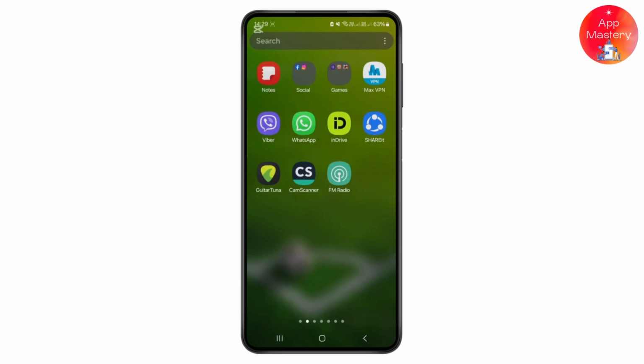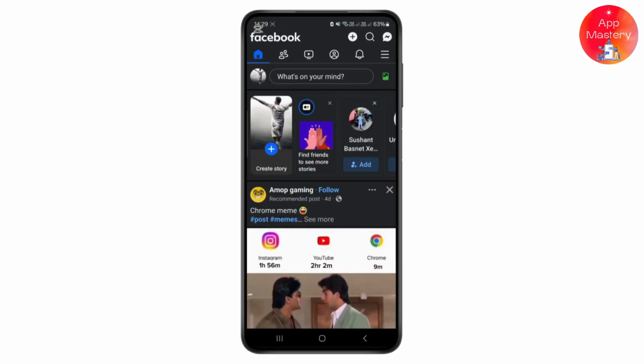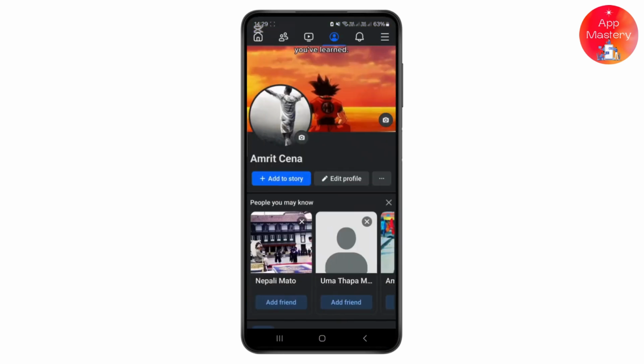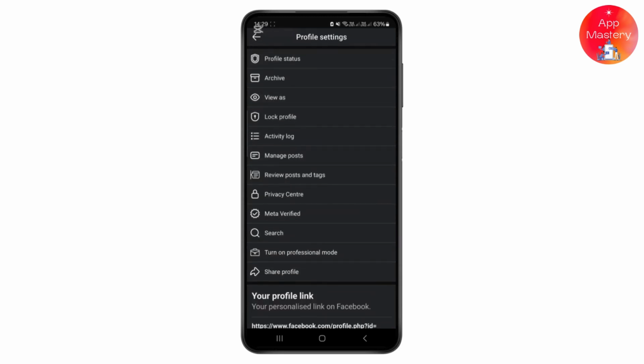In this video I'll be showing you how to fix that your turn on professional mode is not showing on your Facebook. So first thing first, simply head over to your Facebook application. If it's not showing on your Facebook page like this, as you can see it's showing for me, but if it's not showing on your Facebook page, such as turn on professional mode like this, then what you